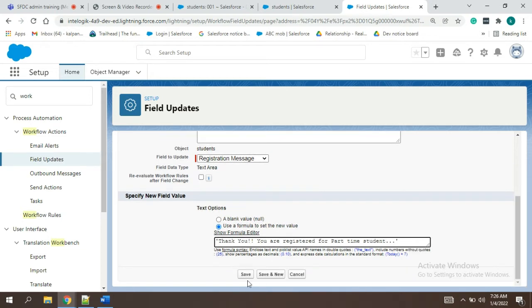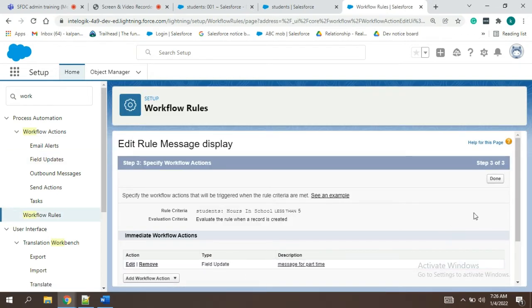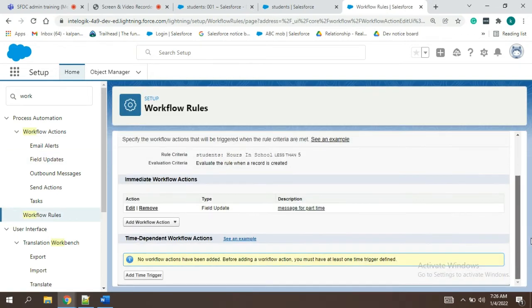Save. Now we have already specified the rule criteria, when this should happen and what should happen. Okay, when this happens, what should happen? This is the one. So now we have created everything. Everything is done. There are two actions mainly, guys. There is an immediate workflow action and there is a time dependent workflow action.